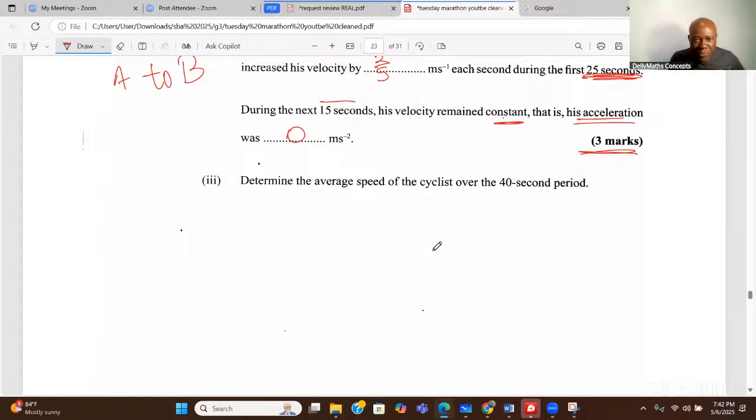We got to go. It says, determine the average speed of the cyclist over 40 seconds. Now, what is average speed? This is regular life now. If you think of speed, you think of kilometers per hour, and meters per second. So distance is linked with time. Think about the unit for speed, and you realize you actually know the formula to find it. So if we're going to go average speed,